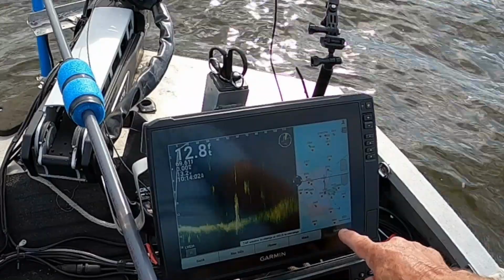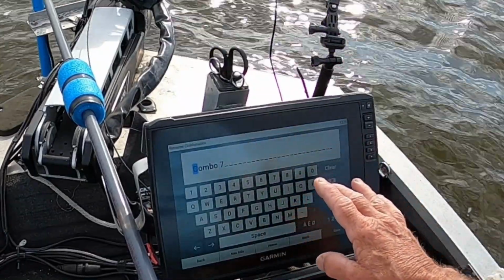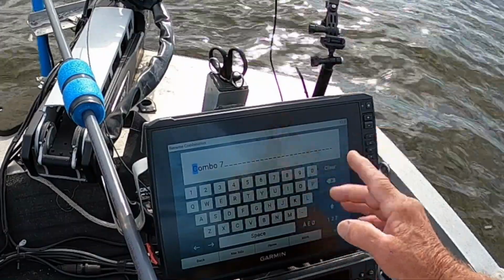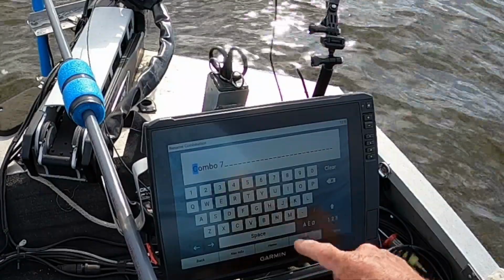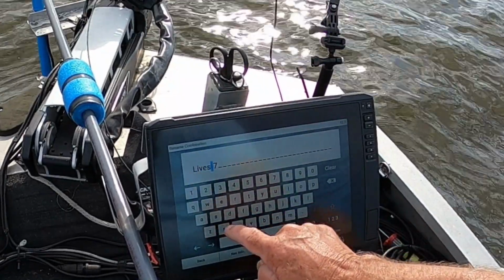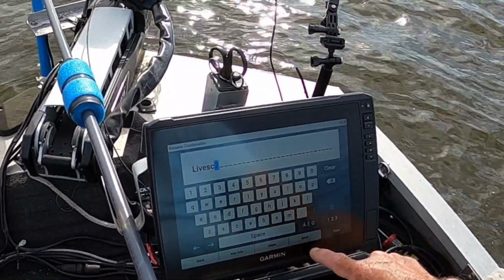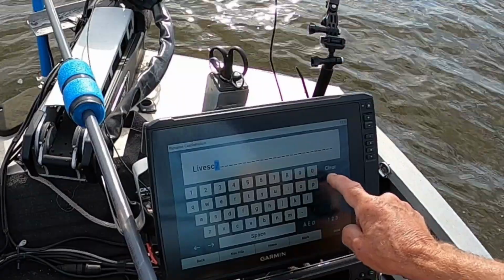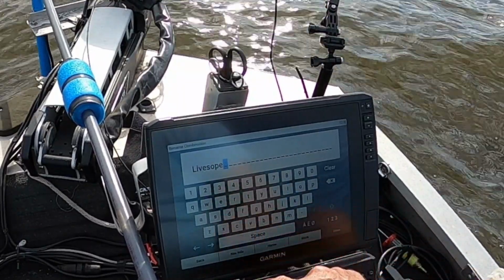when you're done, you hit done. Now you can call this whatever you want to. You can call it Livescope plus fish chart or Livescope plus chart. Let's just do it. Live scope. What's the 7? That ain't gonna work. Go back one. Live scope. OPE. And